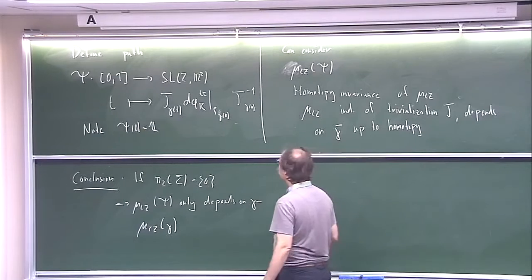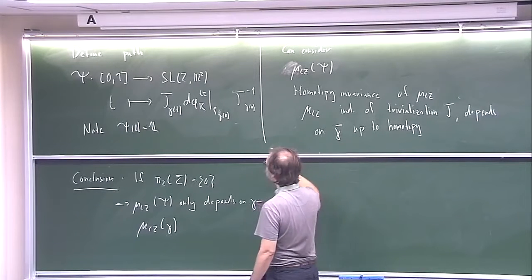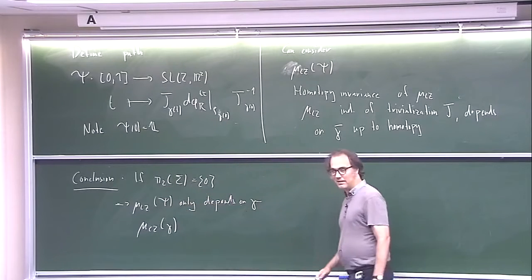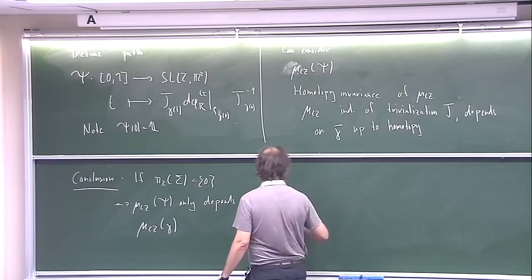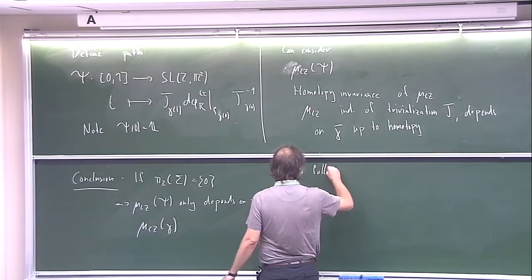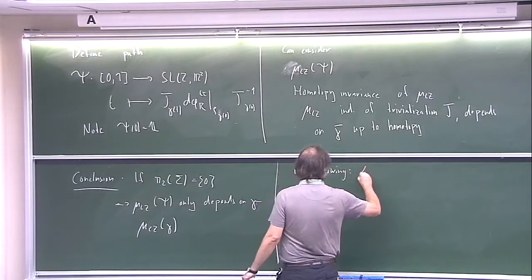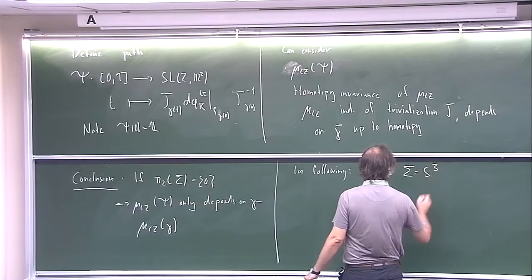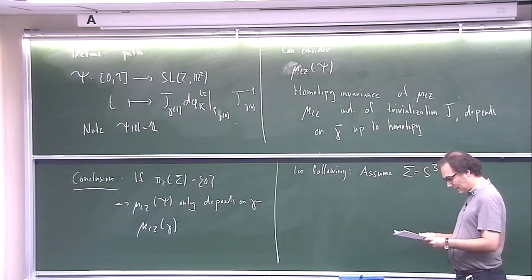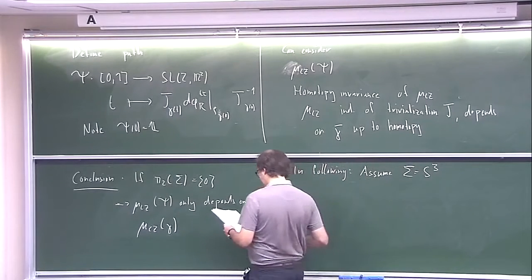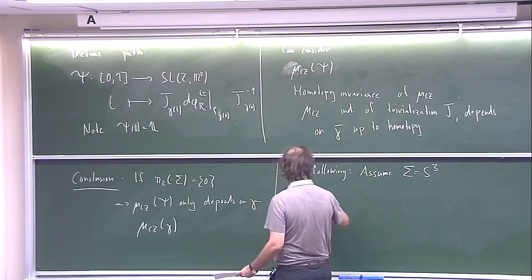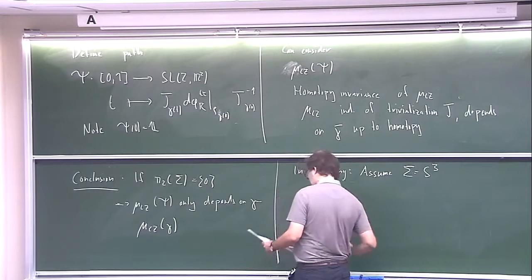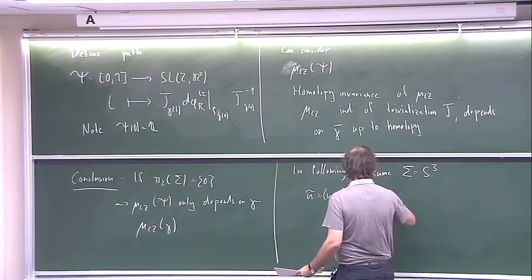And so let me assume in the following that sigma is S3. So then we don't have this kind of problem. So we always have a well-defined Conley-Zehnder index. In the following, assume sigma equals S3. So we have a well-defined Conley-Zehnder index. And so suppose we have u tilde, a finite energy plane,